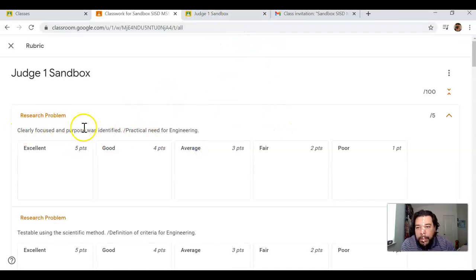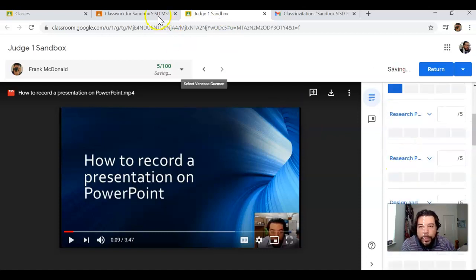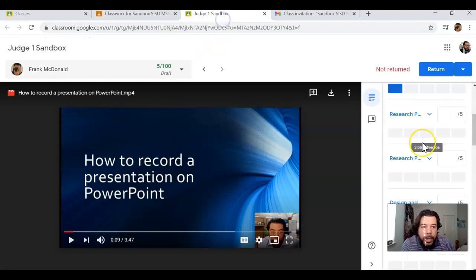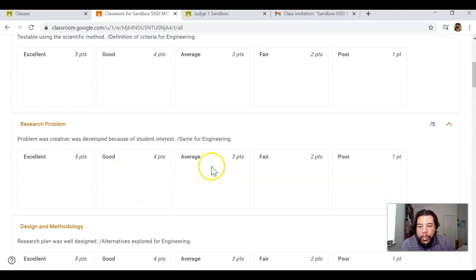I can say, okay, clearly focused and purpose was identified. If it's an engineering problem, is a practical need for engineering. So I can go back and I can click, okay, this student stated what he wanted to do. And I can come back here, testable for scientific method, and I can say, well, yeah, you could possibly test it that way. And now you're scoring on from 0 to 5,